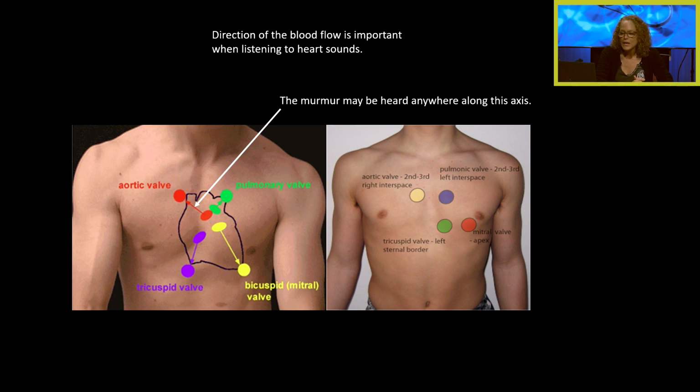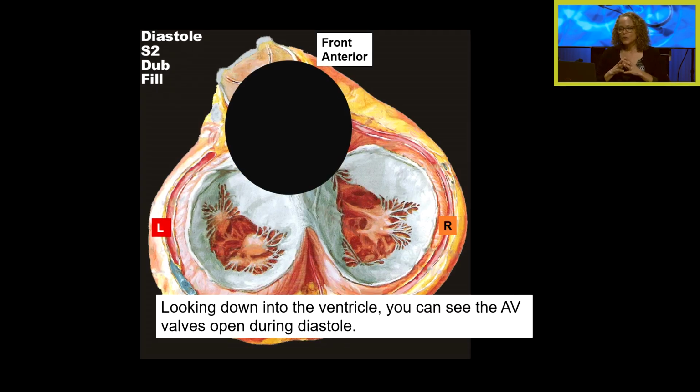valve is, right? So if you look at this example here, you can see that where the aortic valve is marked and where we're listening, there's this axis between where the actual aortic valve is and where we're listening with our stethoscope, and along this axis, we might be able to hear an abnormal heart sound if there is one, okay? So we're gonna take a minute now, we're gonna talk about what a murmur is, right? So if we're listening to our heart,